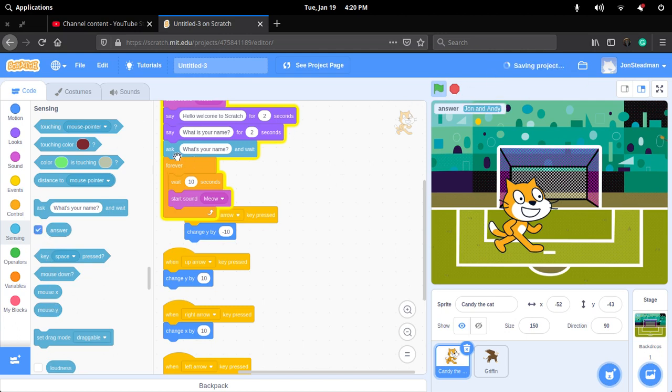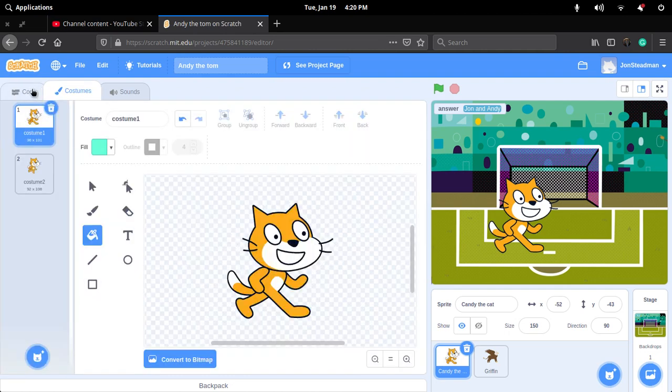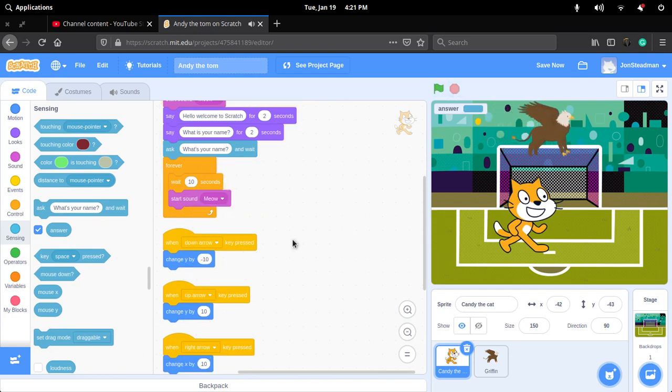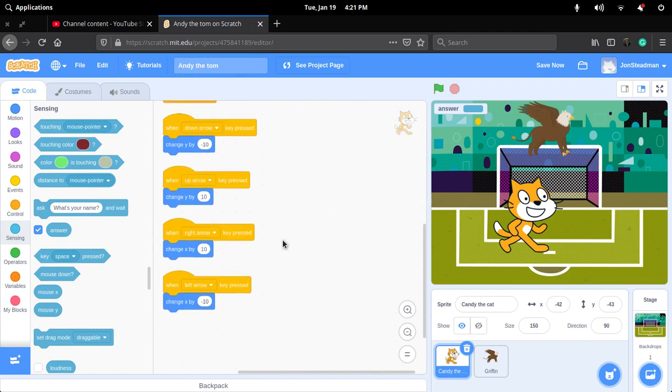Okay, and so now this is how we can rename our project. So go over here, and now we can call it whatever we want, such as Andy for Tom. Okay, so we can also delete different types of costumes, but I don't want to do that because I want to show you guys. Let me just clear up the blocks. Okay, so when he moves to the right,